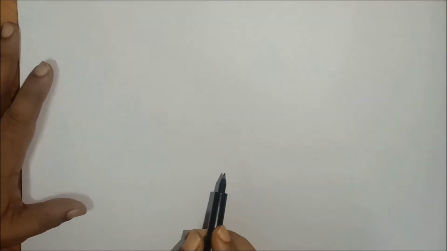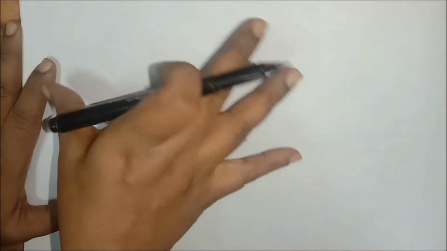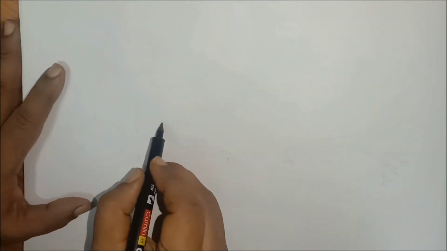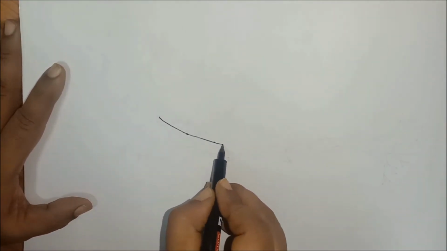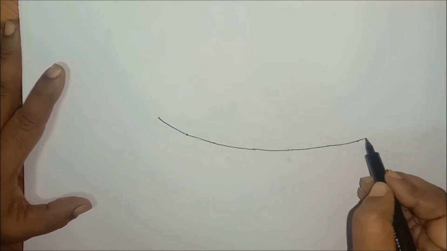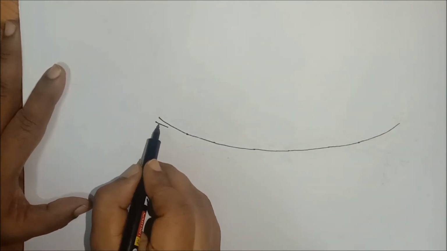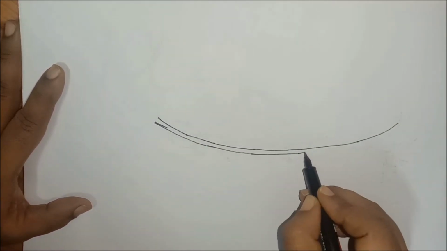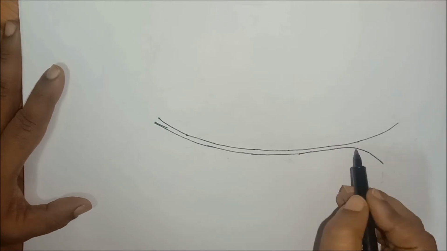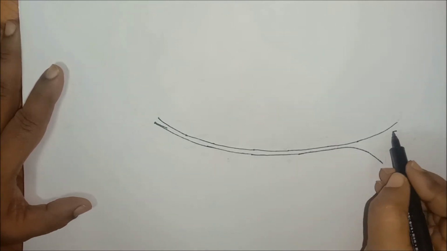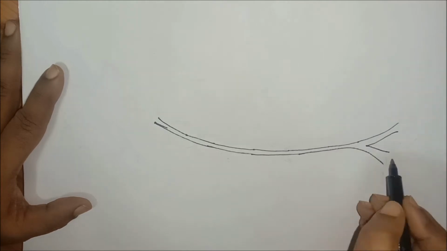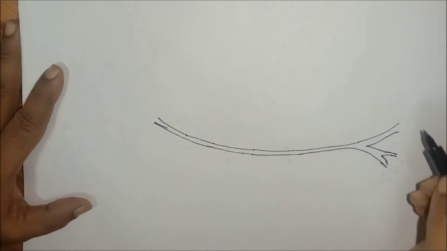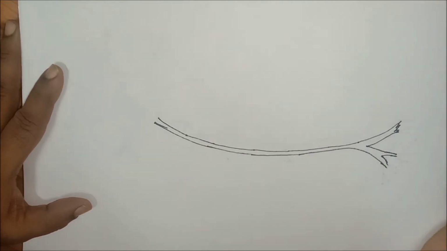Coming to the drawing part of it, let's first identify the space where we are going to draw the diagram. Then the first thing you will do is you will have to draw two curved lines. Okay? And that's the line of the axon. So you draw it like this. Then at the end, towards the right side, we go downwards to form a V shape at the end. Okay? Now, draw the branches like that of a tree. Follow me closely, then you will be able to draw properly.